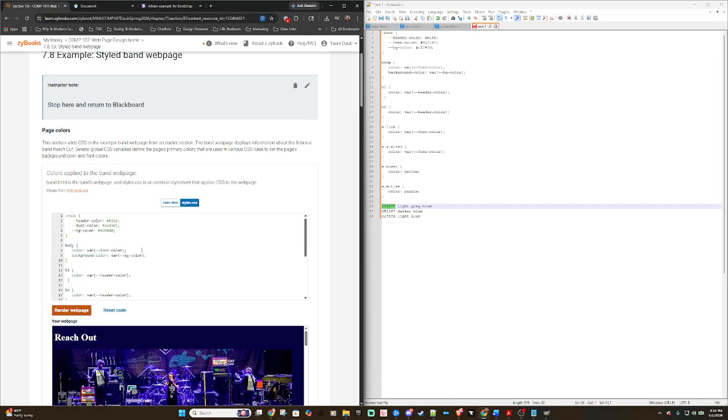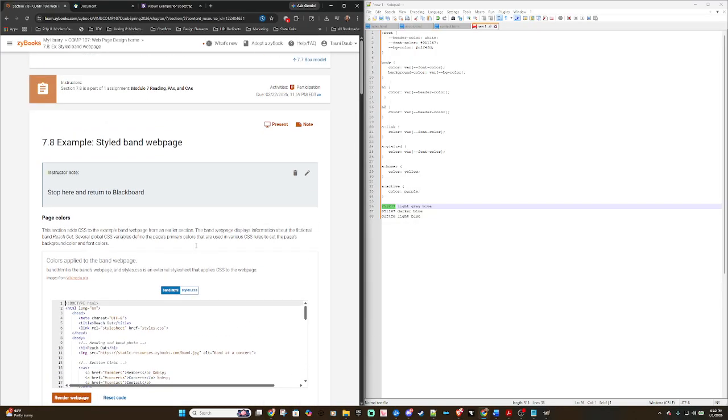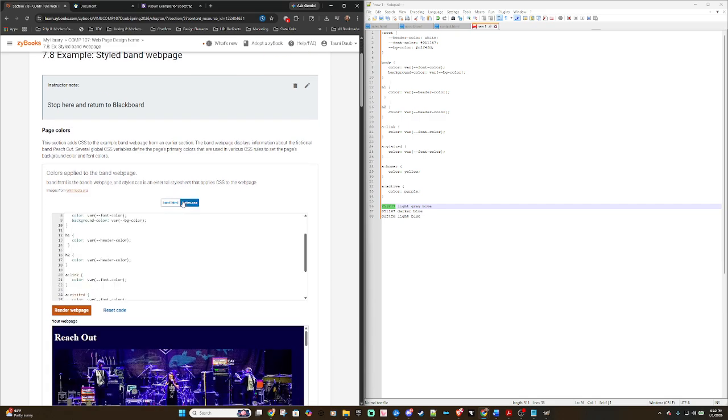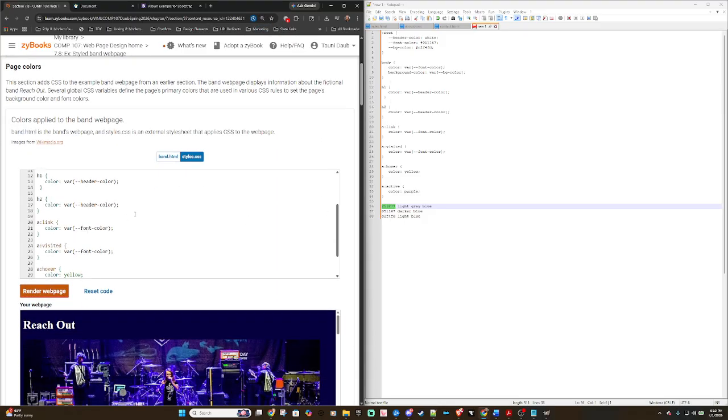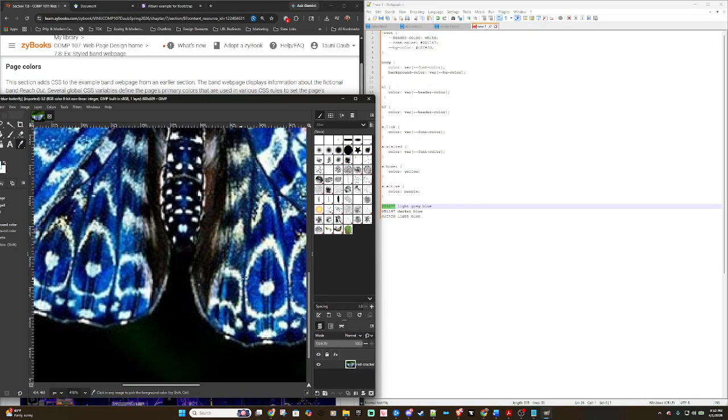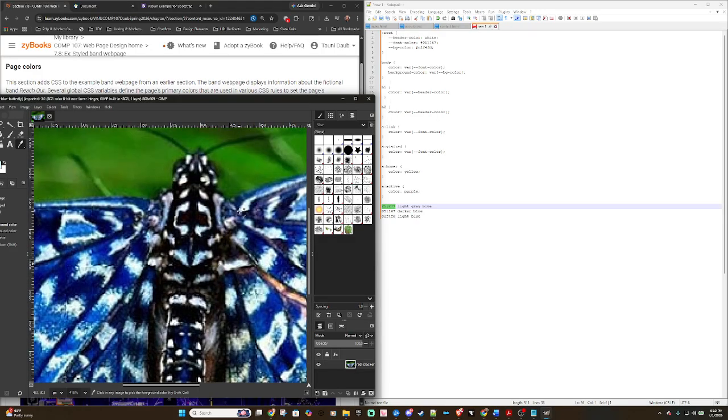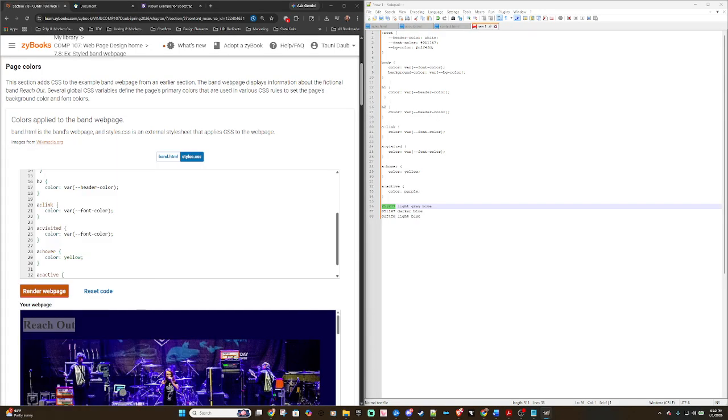let's see. I need this to be bigger. There we go. H1s and the H2. Oh, they do want the font color to be white because it's this. Okay, let me bring my picture back over. Maybe I'll just do a black for a different font color. Because that is,